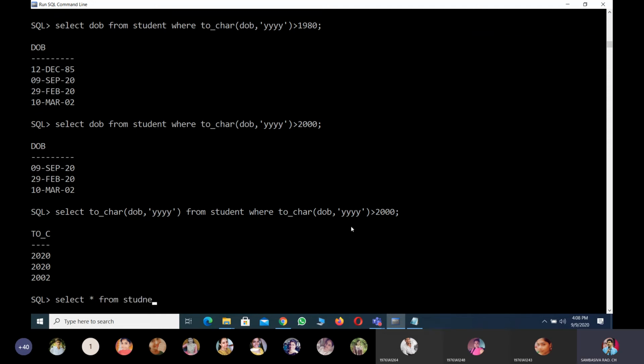Select star from student where branch may be CSE or branch may be ECE and date of birth year DOB in a 4-digit format, whatever is their date of birth.